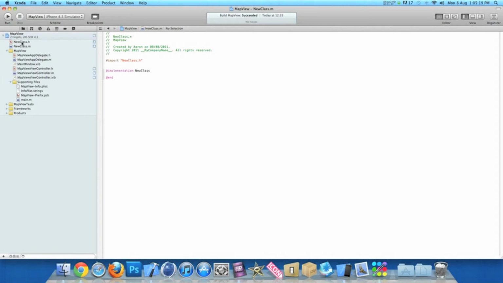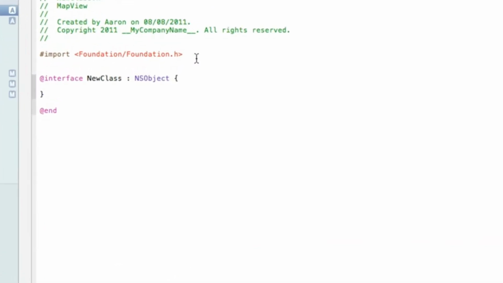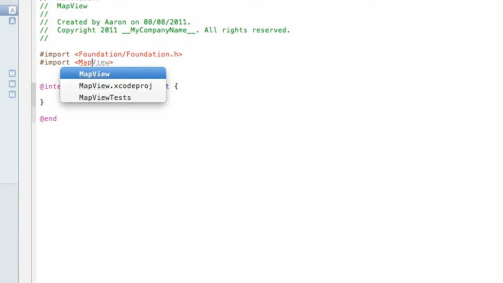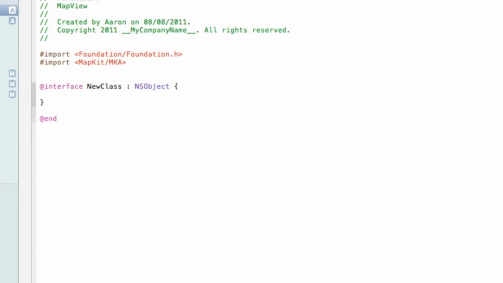And the first thing we want to do is go into our .h, and just after the Foundation import, hit enter and again type in import, and we need to import MapKit/MKAnnotation.h. And once you've done that, just after the NSObject here, we need to do nearly exactly the same,